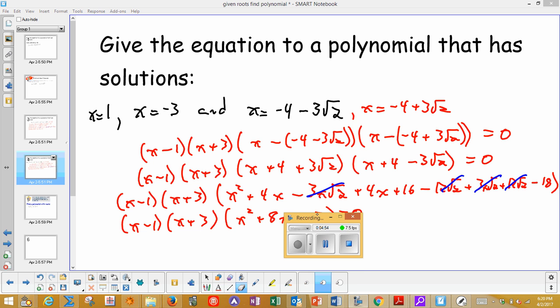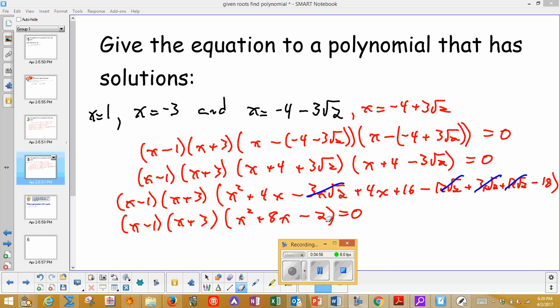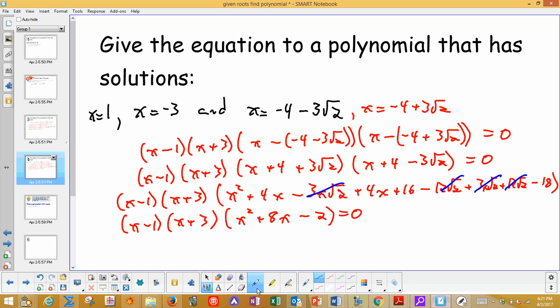Okay, so there's my solution. Sorry, it's blocked. Okay, and what were the key things? 3 root 2 times negative 3 root 2 is 9 times the square root of 2 squared, so it's negative 18. And one thing I can do, just to be sure, is check my answer on this part,